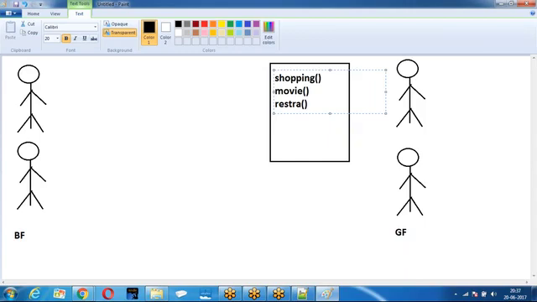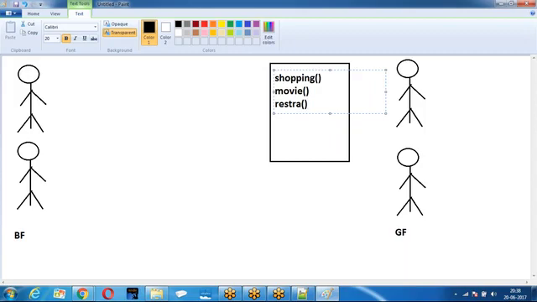So what is this? If anybody is saying that he is a boyfriend, he has to provide some of the services. Are you ready? Now, let it be Sham or Ram. When Sham says I am a boyfriend for XYZ girl, then what is that? Sham is implementing 3 services. What are the 3 services? Shopping, movies, restaurant. If Ravi says I am a boyfriend for XYZ, then he is also providing what? 3 services.